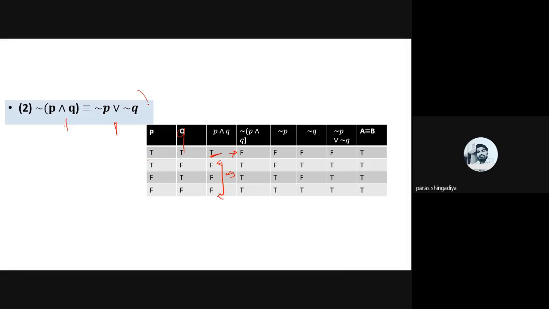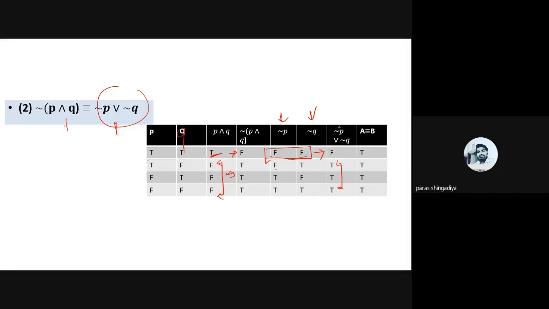And then on the second side, we have negation P and negation Q. So consider here F, F, F, T, T, F, and T, T. This is the answer of negation P and negation Q. And apply the OR operator between them, negation P or negation Q. So what is the meaning of the OR operator? If both are false, only in that case will the output be false. In all the remaining cases it will be true. So in the first row both are false, so it will be false here, and in all the remaining cases it will be T. That is the rule of the OR operator.